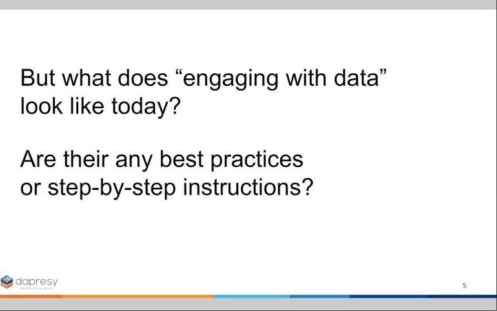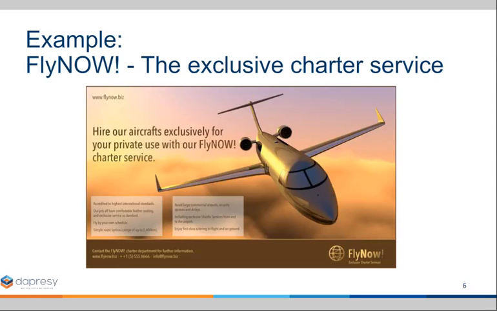And to illustrate the process in a better way, I would like to introduce a company called FlyNOW. This company is an exclusive charter service company, so you can charter airplanes so that you can take any route you prefer. Of course, they have mainly B2B customers, and as a good company, you always do market